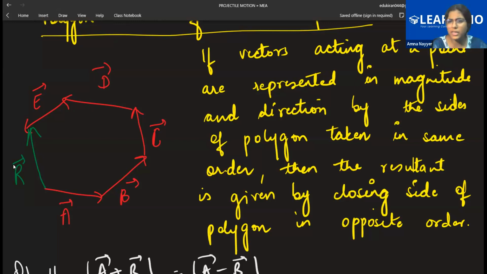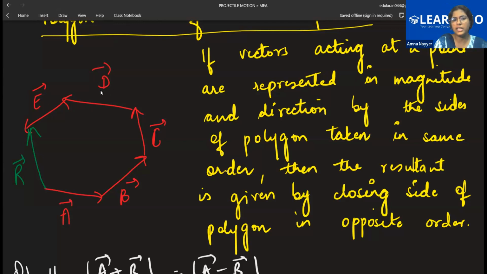And class, one thing, honestly, I'll tell you, polygon law is not very important for your class 11. Those who have to appear for JEE, NEET entrances after class 12, for them this is important. There it can come, it comes in the exam. But for students who are in class 11 right now, for your particular final exams, polygon law is not very important. Even if a question comes, you can start solving two at a time.